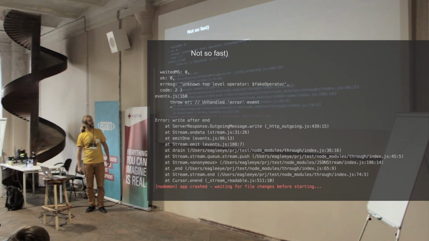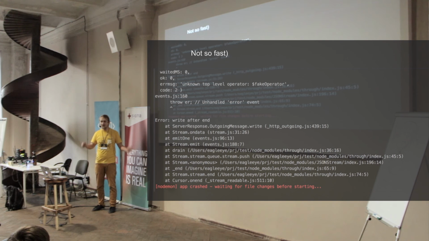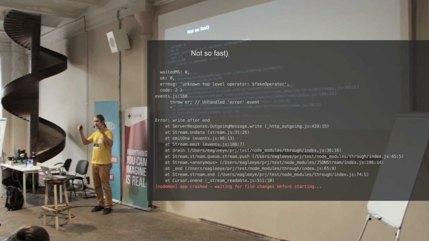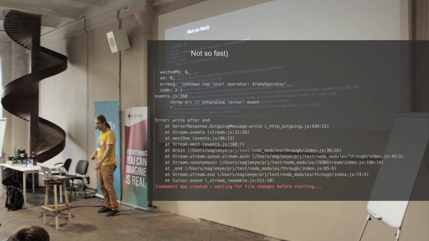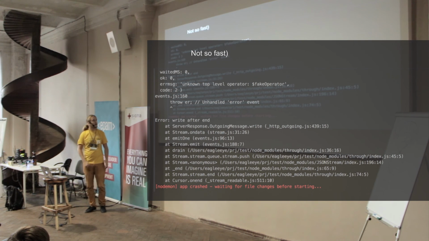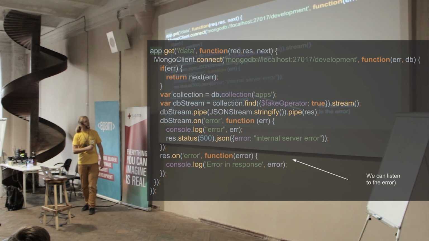But not so fast, because actually our app crashed because, for some reason, the response stream sent another chunk of data after we sent JSON. So what happened? We sent 500 in JSON, and the stream was continuing to send some information to our response, and that's why we got an uncaught exception, actually just an unhandled error. Okay, we have unhandled error events. Let's handle a few more events in streams, right? Let's log this error at least. So this piece of code was just added.